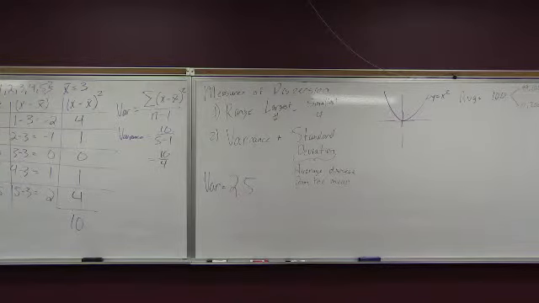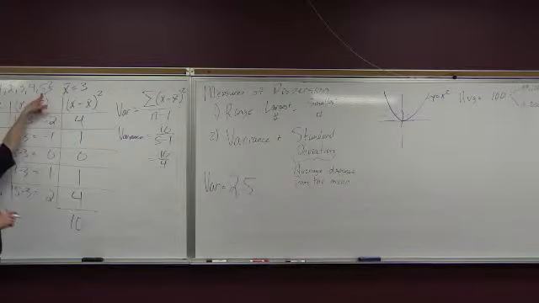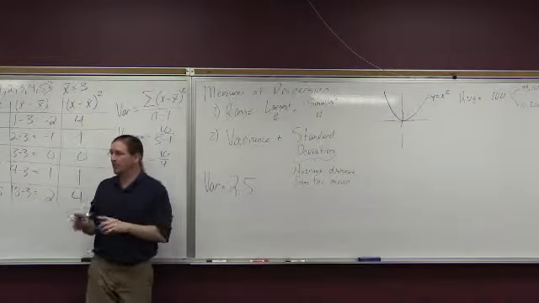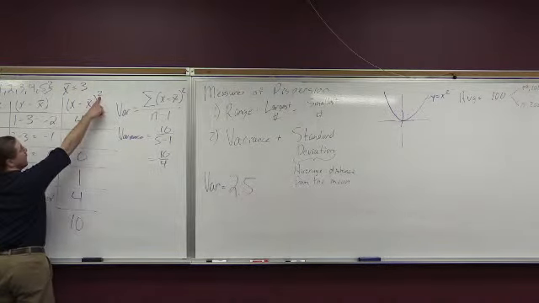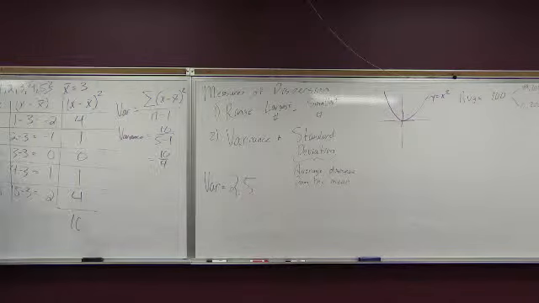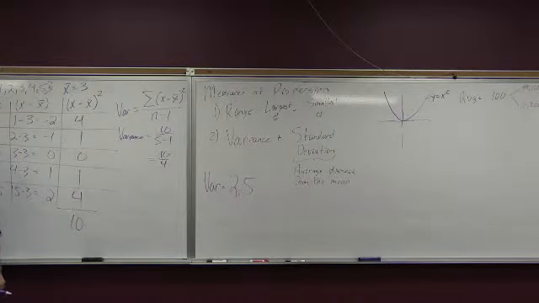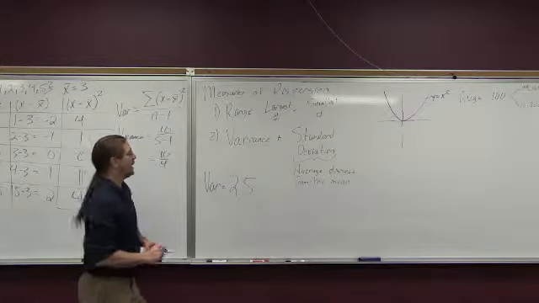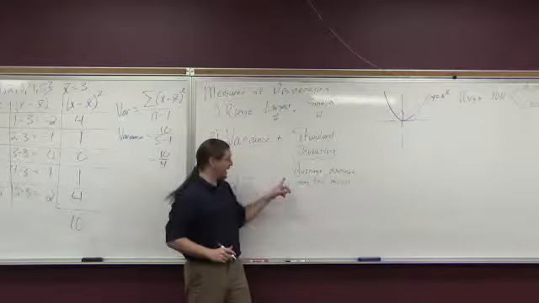Well, that's kind of weird, right? Are any of our numbers 2.5 units away? I mean, the furthest any of ours are away is 2. Well, this 2.5 seems a little bit weird. Again, remember though, what did we do? We squared it. Oh yeah. How do you get rid of squaring something? How do you undo squaring? Divided by 2 is a good guess, but it's not quite right. Take the square root. So, in order to get the standard deviation, which is the average distance from the mean,